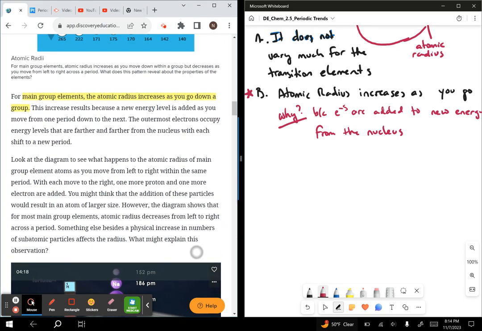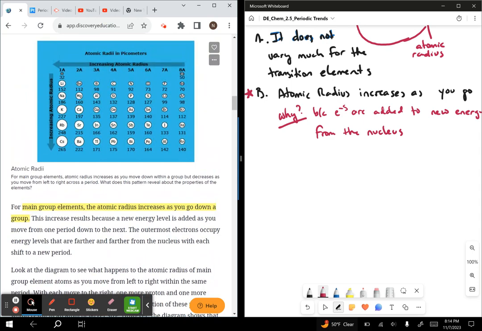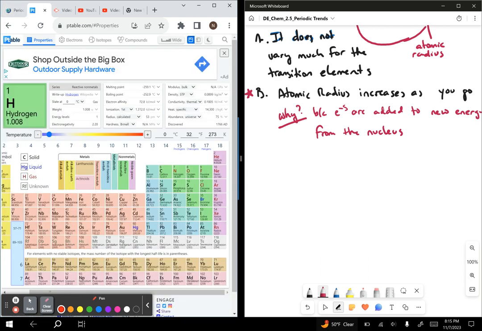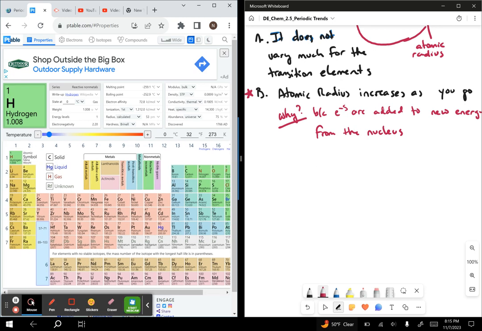Let's try to get back up to a picture here. As you are on the right-hand side of your chart, if you take a look at something like, let's see, they have magnesium as 160, and they have chlorine as 99. Let's double check some things here. I think those numbers are something a little bit different there. But let's use this periodic table just to give us a reference. If you're talking about something like sodium,